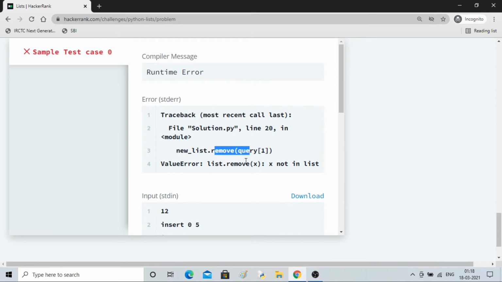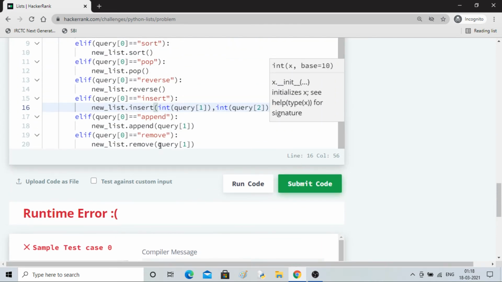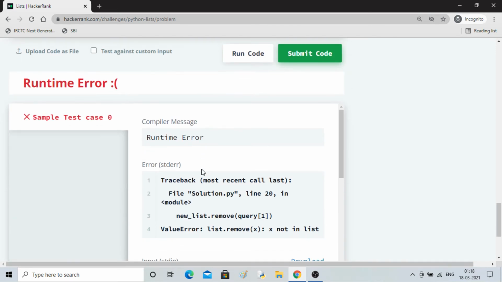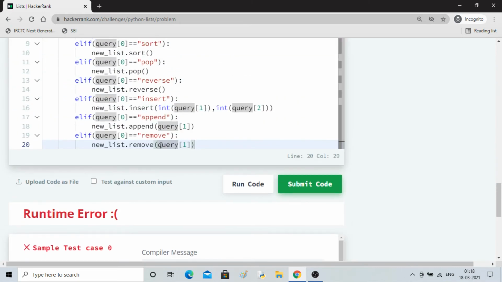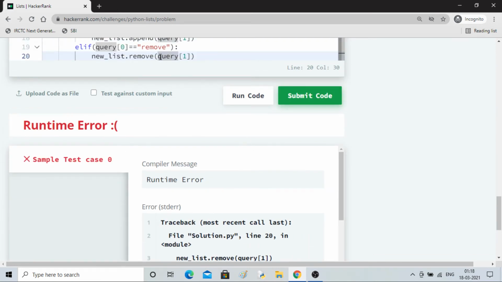Okay, just now remove: x is not list, not remove. Oh, okay, remove query 1, list dot remove, x is not list. Where is x? Oh, this is not list.